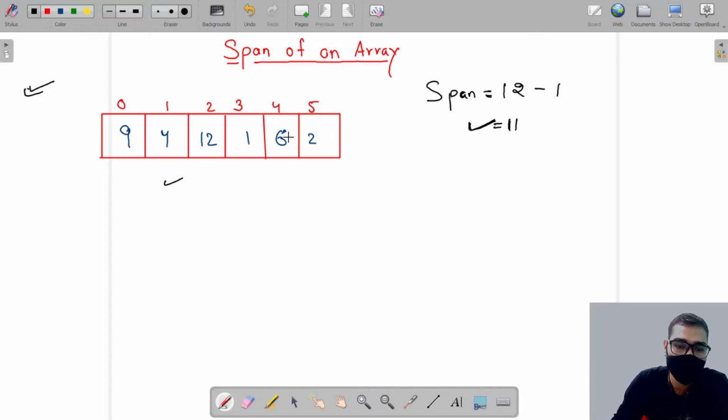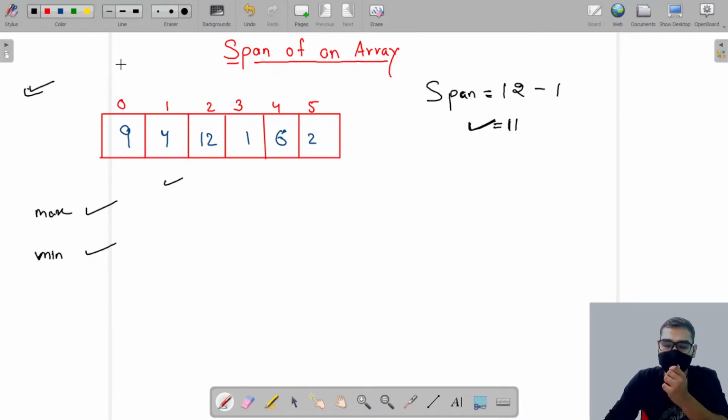So what I can do is I will create two variables which will store maximum value and minimum value. I will store the maximum value in max and the minimum value in min. I will iterate over this array using my for loop.